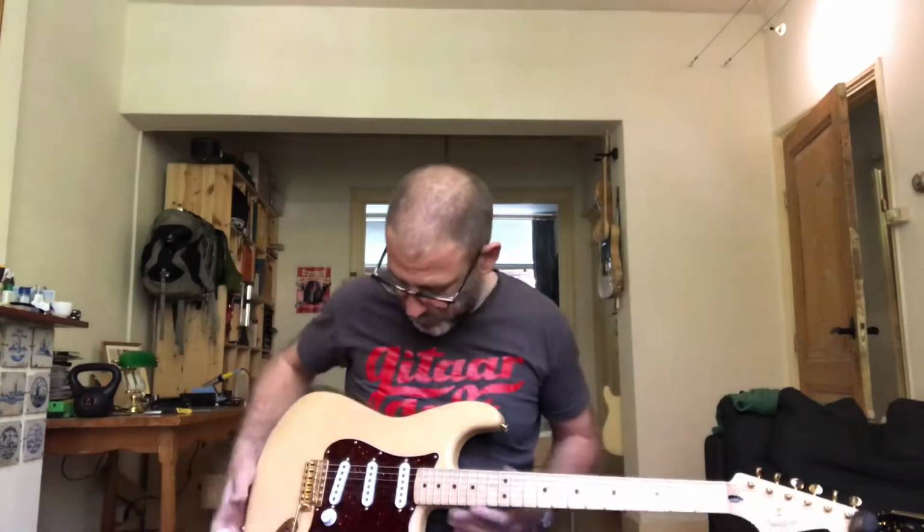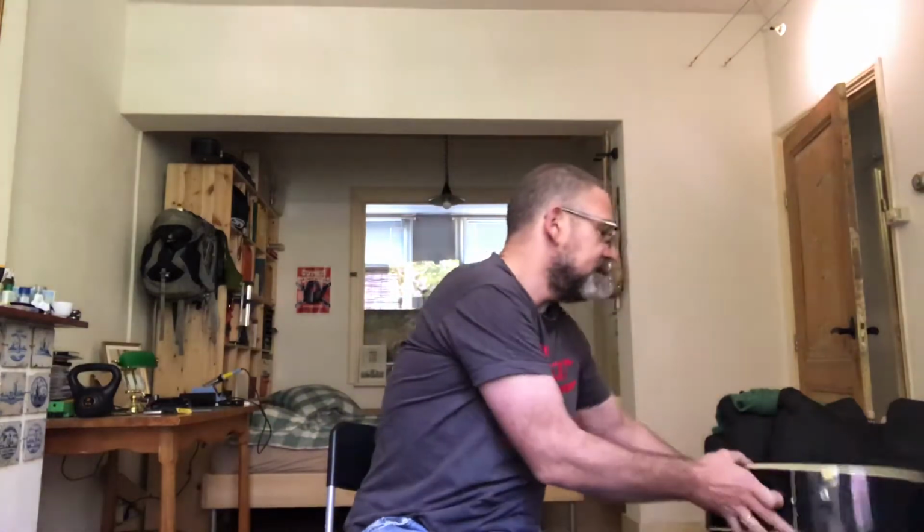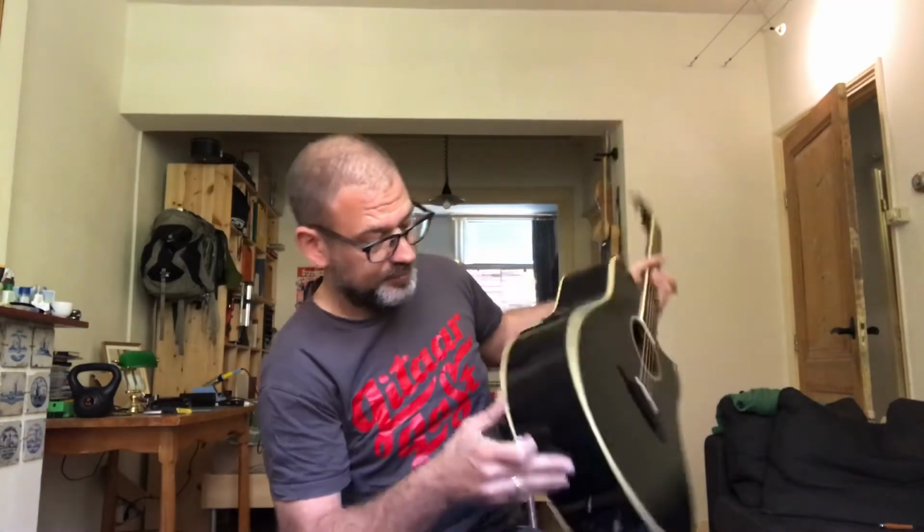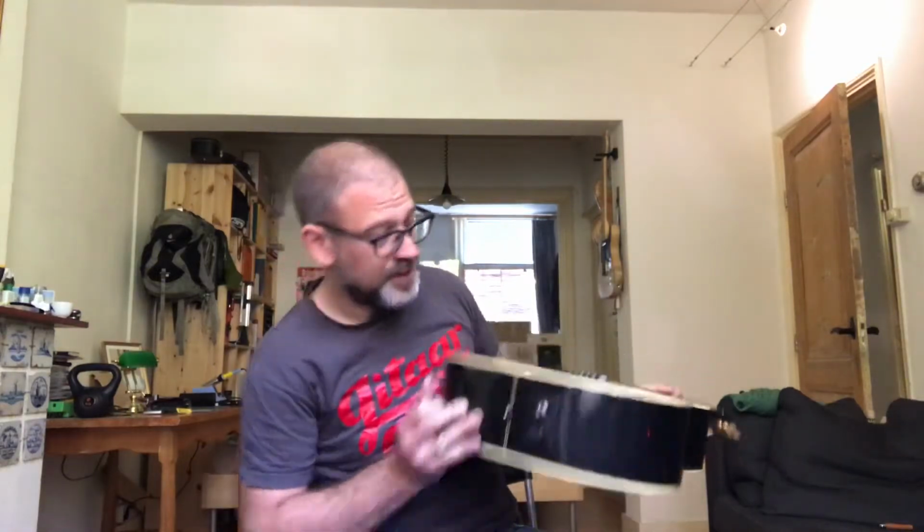So these are Paul's guitars. Hey, welcome. I thought I'd do a quick thingy on the guitars. He has this Samick guitar. It's semi-acoustic, with a tuner in there and connectivity, and it even still had the plastic on the pickguard, so